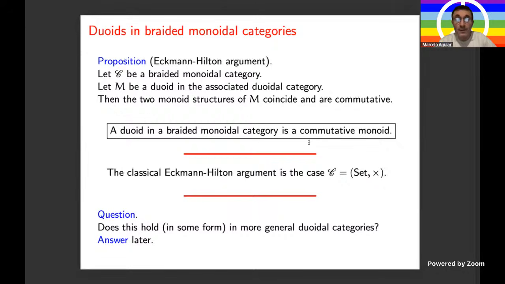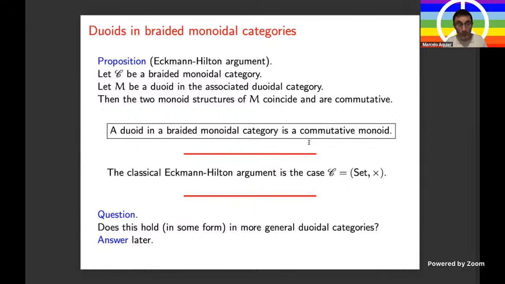Now, I want to consider this question. Might this hold in some form in more general duoidal categories? So what can we say about duoids in more general duoidal categories? Now, at first, one sees that the answer is no. I mean, there isn't anything you can say in general, or at least of this kind, because in this